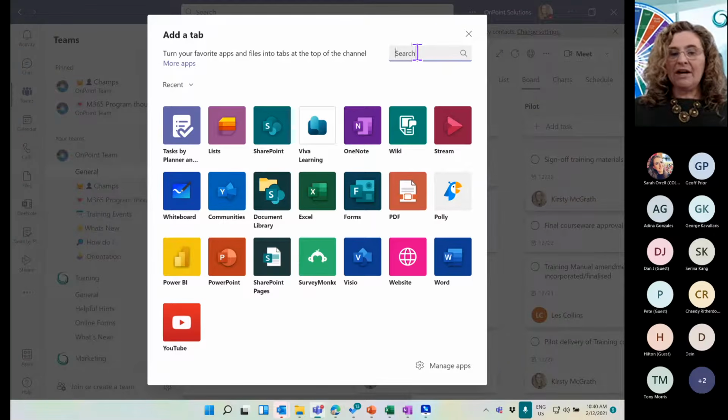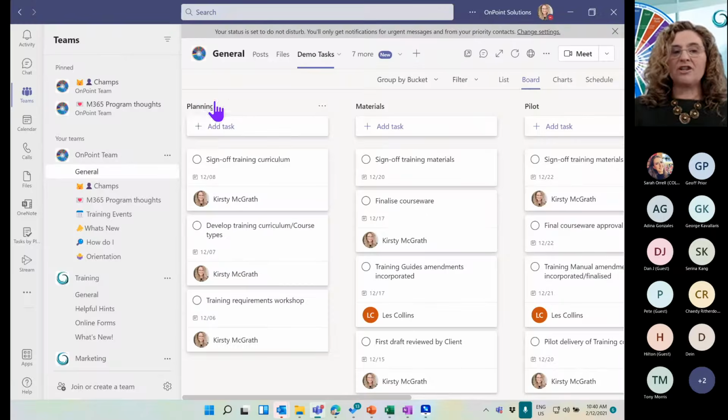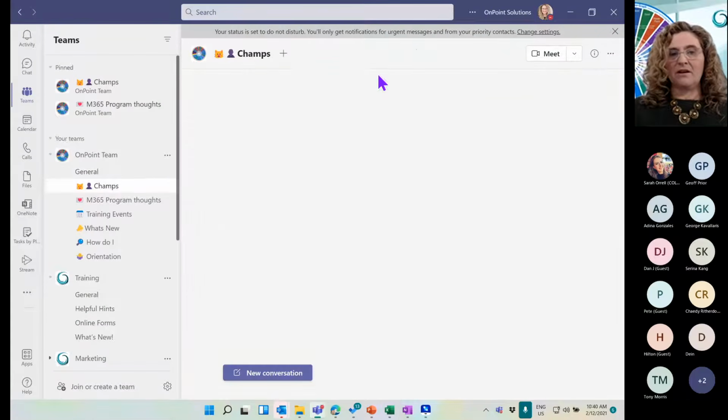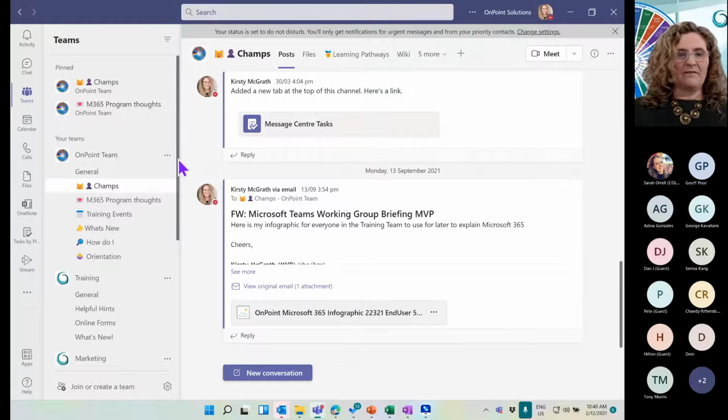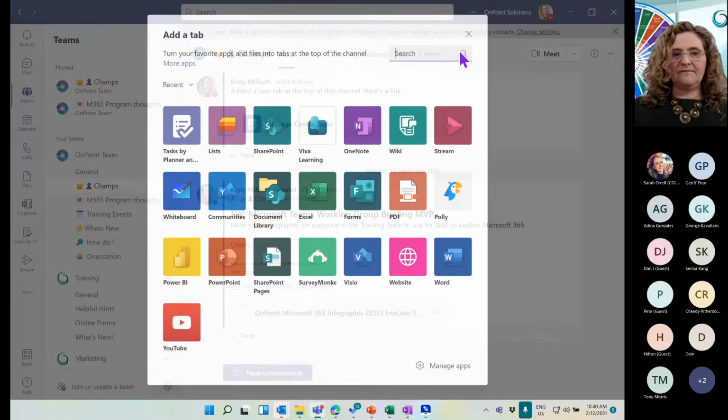And in here are different components that you could start to add. You'll see I've got tasks by Planner and I've got lists. So if I go and add in a tab, which is tasks, then what will happen is I'd get this sort of generic getting-started view and it'll just have to do running across the top. So I'll just go here, let you get a very generic one. I'll start to go in, tasks.